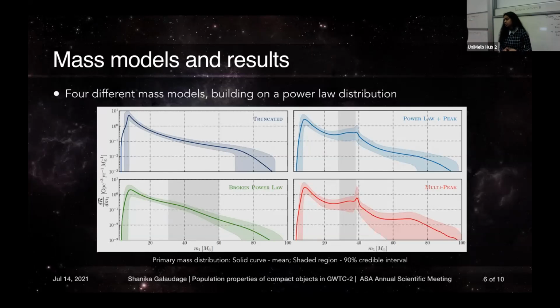And then the last question from Gary DaCosta. How many extra detections are needed to distinguish between broken power law and power law plus peak models? That is a very good question that I probably should